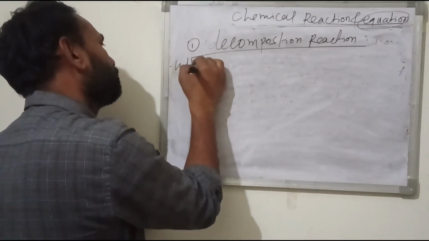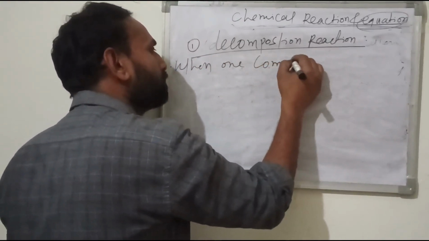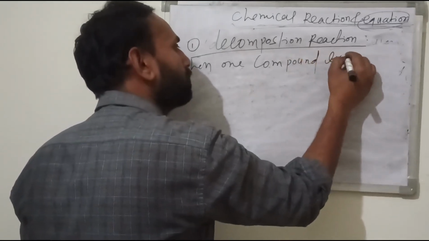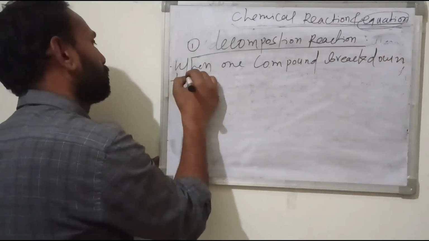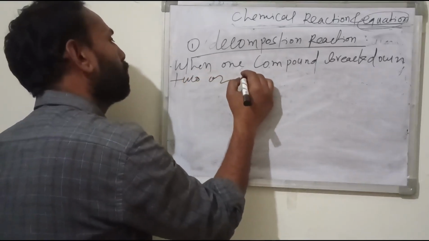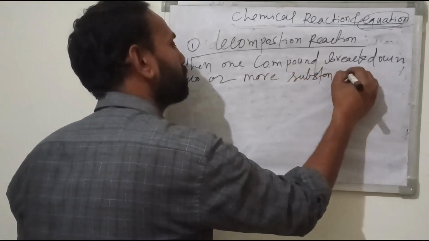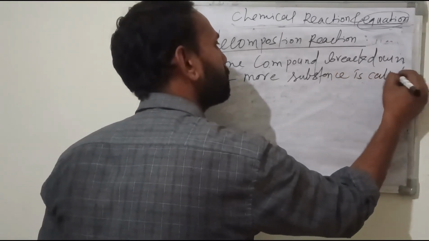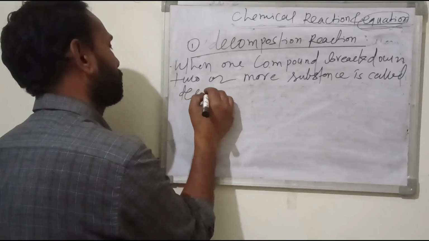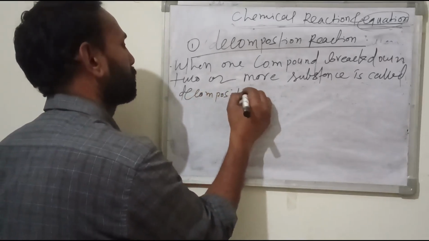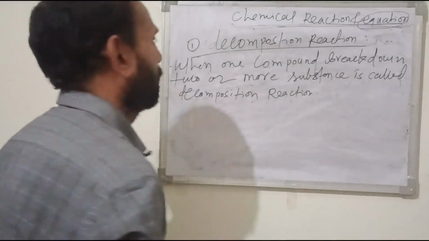When one compound break down two or more substance is called decomposition reactions. Okay, this is the definition and example is the